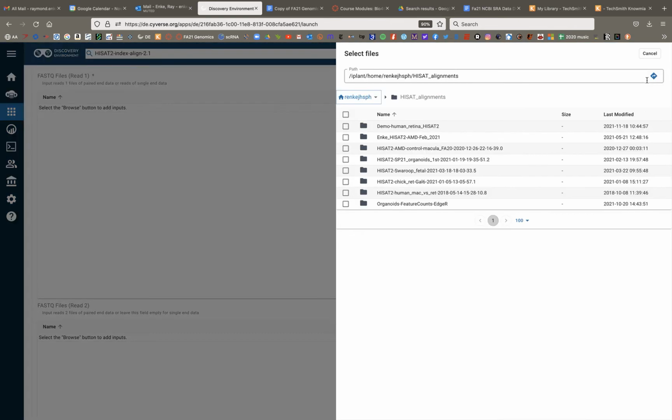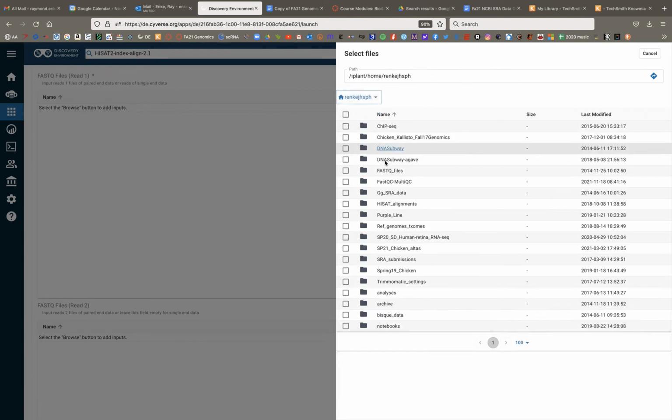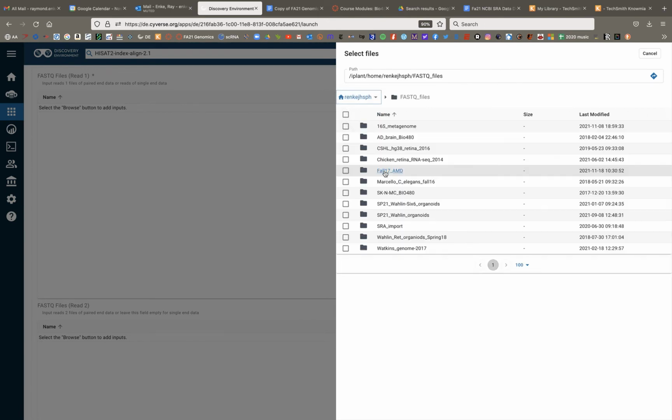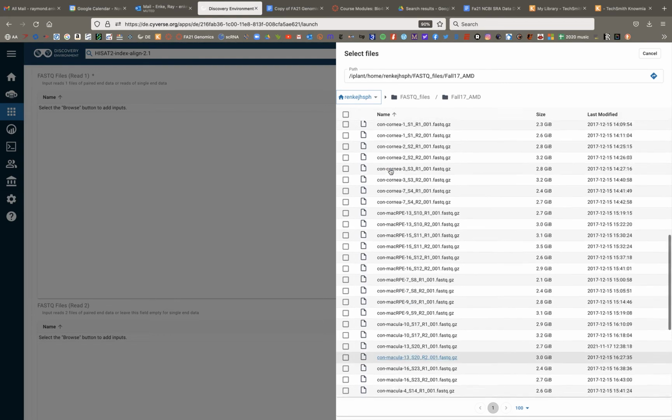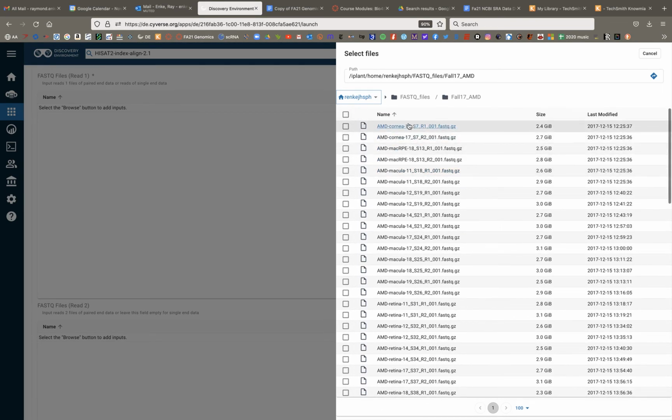So we're going to browse for data here. I am going to go back to my home directory. I have my whole folder full of FASTQ files, and I have a whole bunch of Retina FASTQ files here. And I'll just demonstrate with, well, I suppose just these top 4 files. So this top file here is called AMD Cornea 17